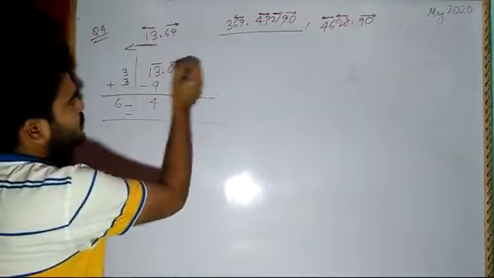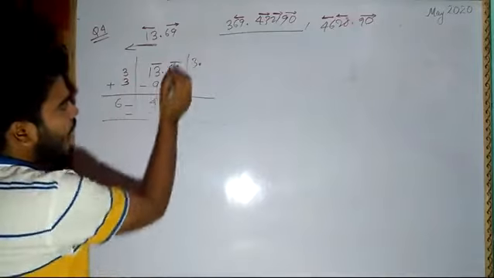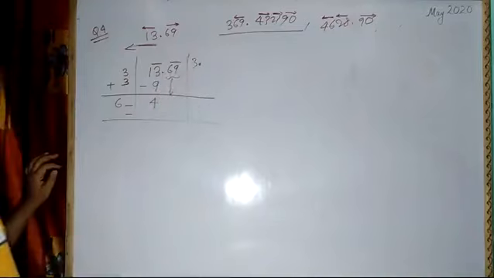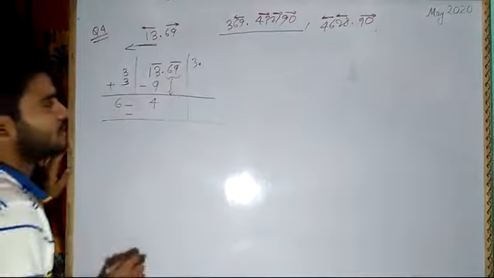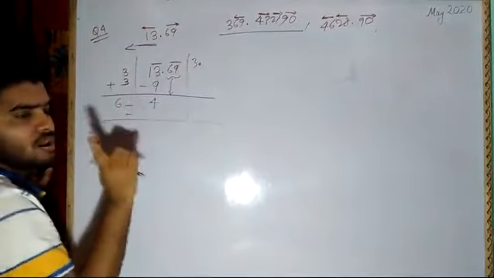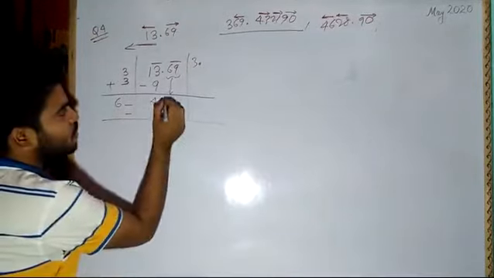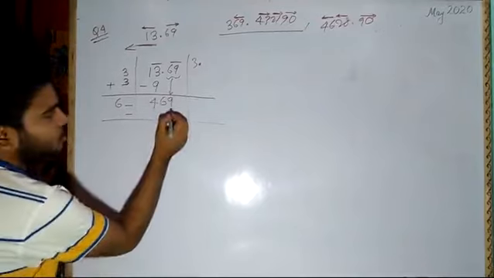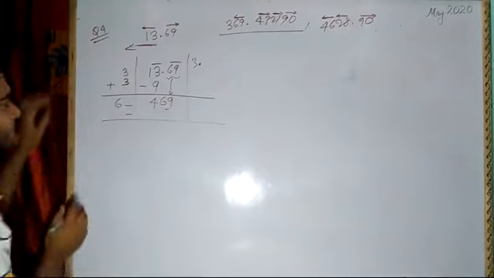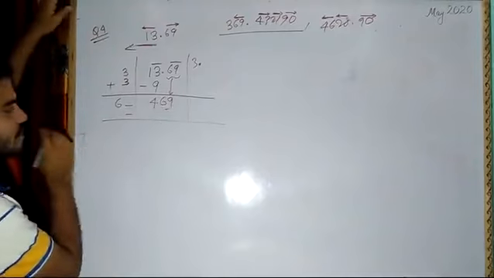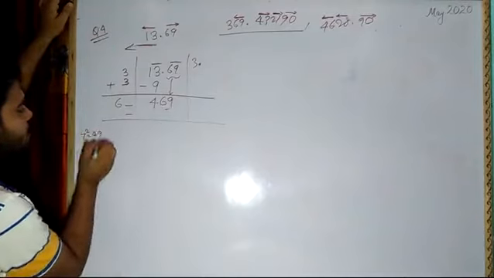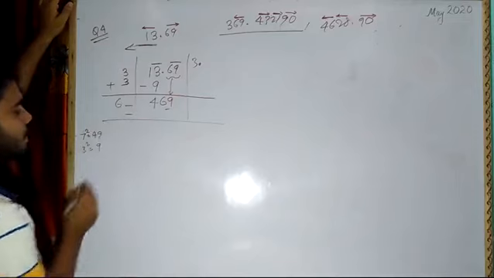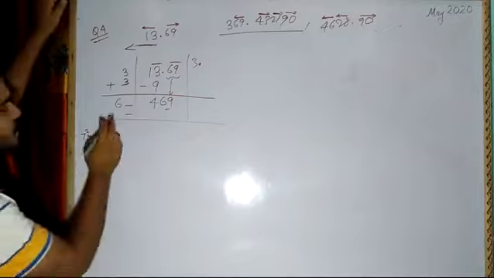So this decimal you have to put here, and then you have to bring these two numbers together. Like pairing you have to bring. No need of bringing one number. You will be bringing one pair. So it will be 69. Now since the unit place is 9, either it will be 7, 7 square was 49, or 3 square is equal to 9. Correct? Now which number will satisfy?